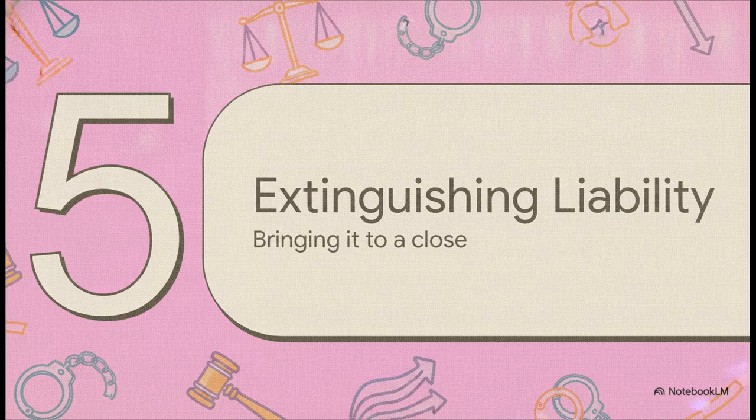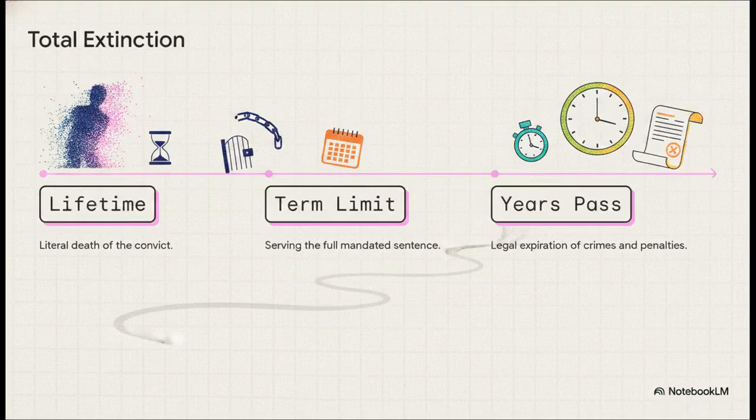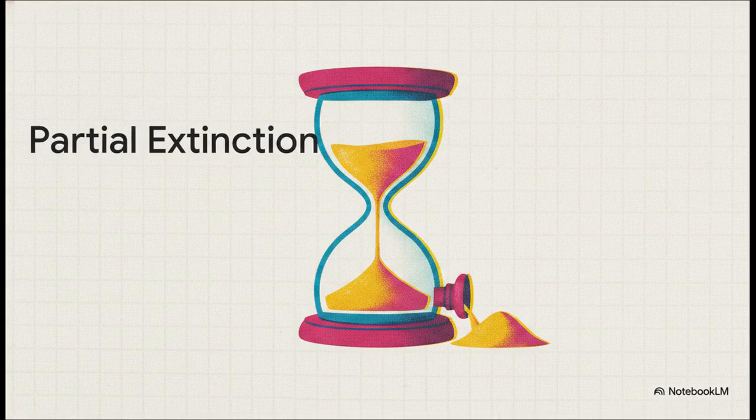How does this whole process finally come to a close? The absolute final end of liability is what the law calls total extinction. Naturally, this happens if the convict passes away or if they just fully serve out their sentence. It also happens through prescription, which is basically the legal time limit running out. But get this, it can also happen through an absolute pardon, a sweeping government amnesty, or in some highly specific crimes if the offender and the offended party actually get married. Crazy, right?